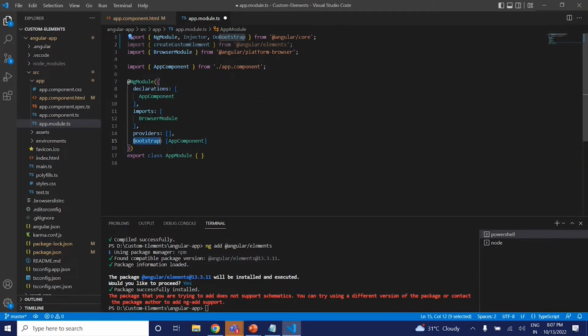And here I'm going to remove this bootstrap array. Instead of that, I'm going to add entry components, and inside this entry components, I'll add app component. So this is to inform Angular that it needs to load the app component